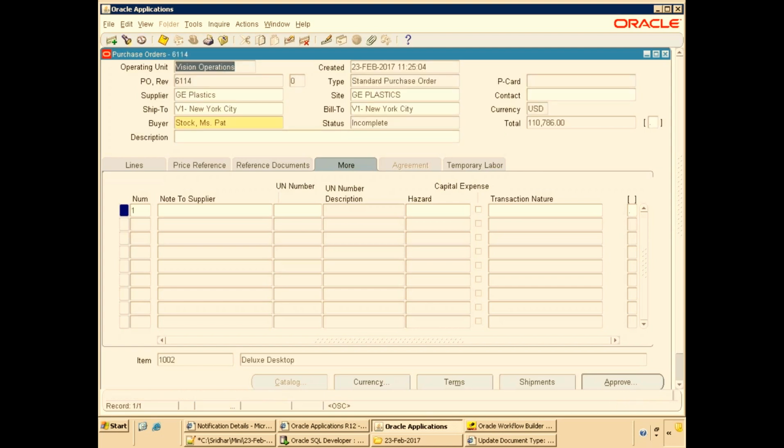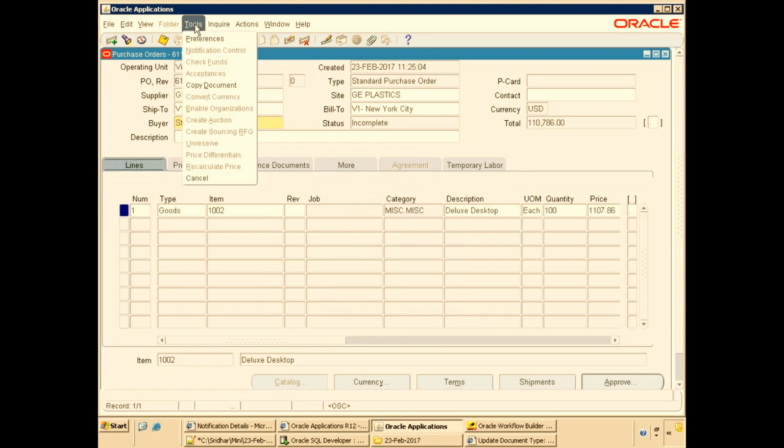Yeah, thanks. So here, this is the existing purchase order, right? It was incomplete because we got an issue in the approval mechanism. That's the reason it is incomplete. Else generally it should be complete. But now we want to create one more purchase order with the same data.